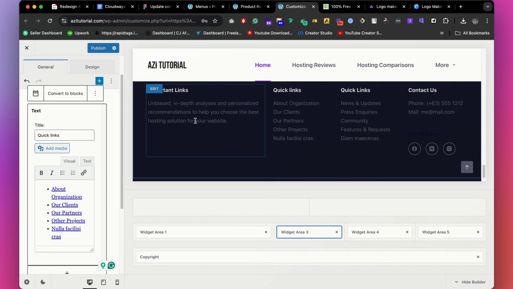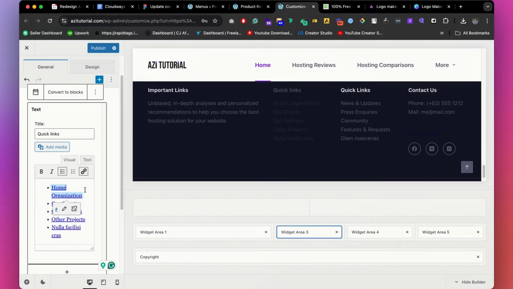So rather than menu, we can say here quick links. So we can add here the home. Okay, we can do it this way, so we don't need to remove all of them. Okay, so this is home,